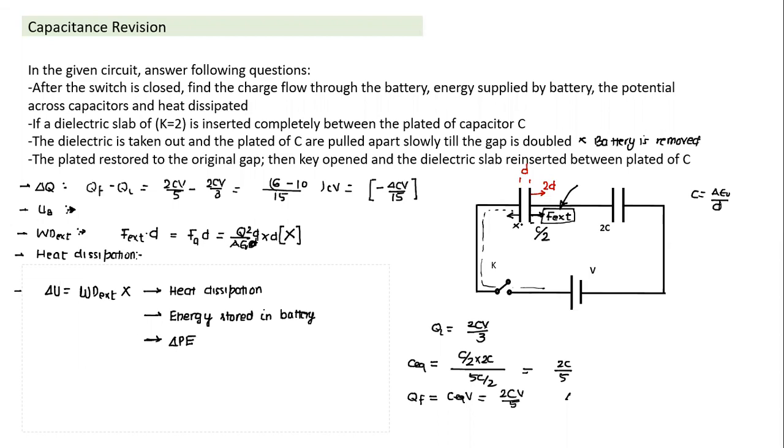So the sum of the change in potential energy in both, plus the energy stored in the battery, plus heat dissipation, would be the total effect of the work done here. So this is when the battery is connected, this also can happen. Out of all this, can all three parts be calculated or not? Which part can be calculated, which part cannot be calculated?